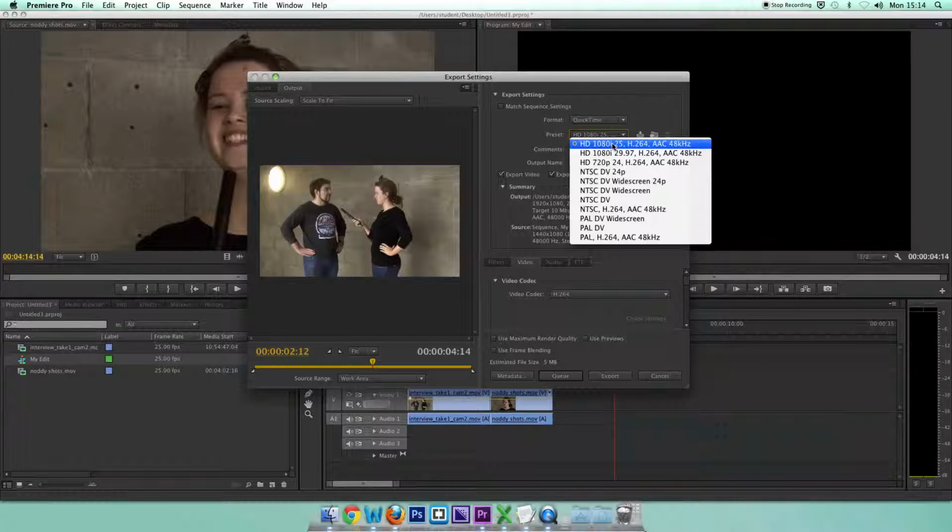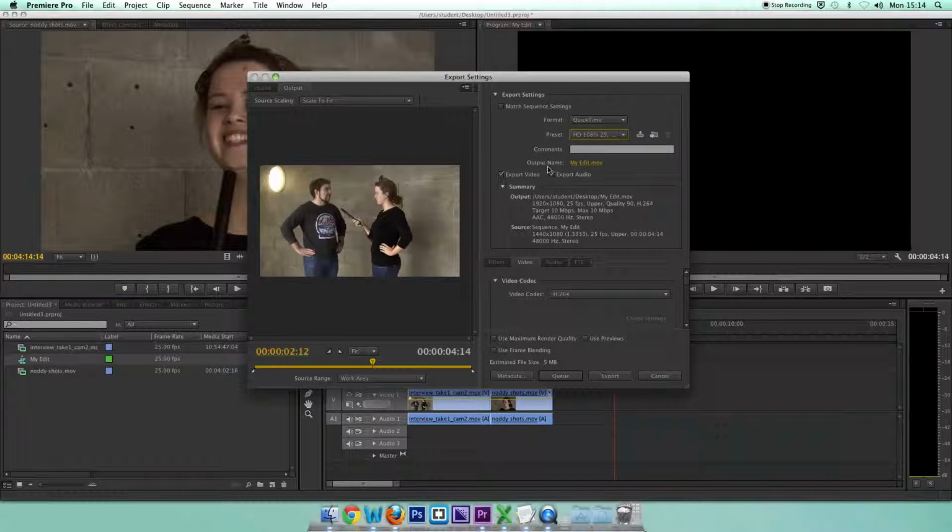It'll either be I or P. So if, for example, you shot it at 720p, which is a different kind of size window with a different way that the frames are created, then you might be down here. But you should know pretty much in the shooting stage which of these you're using. So I know that this was shot 1080i 25,